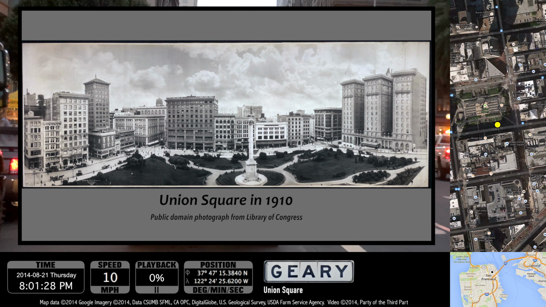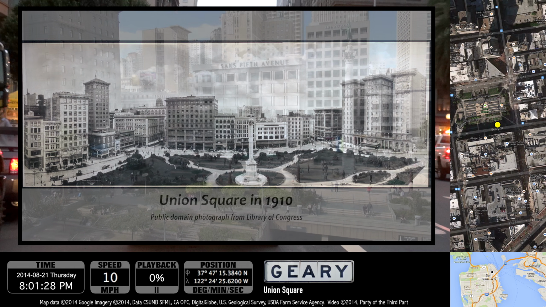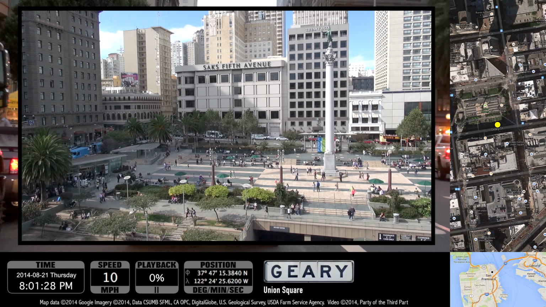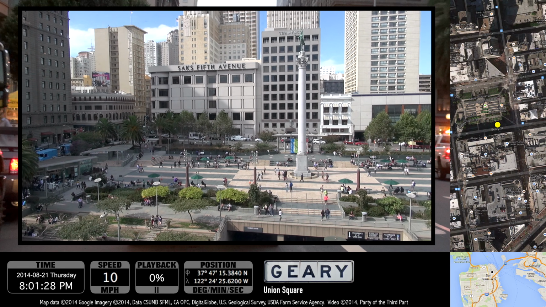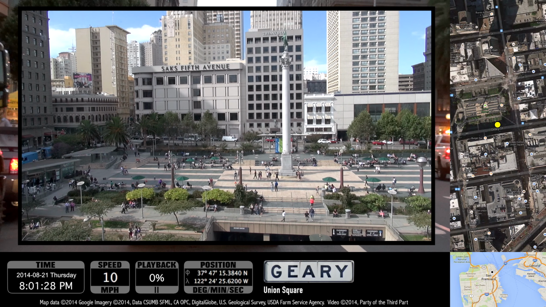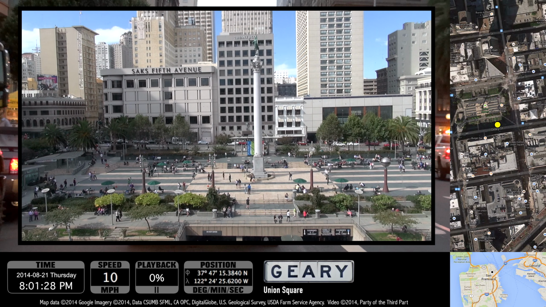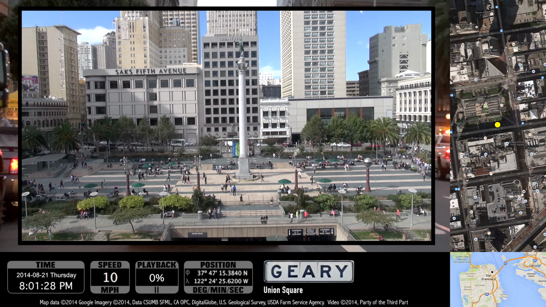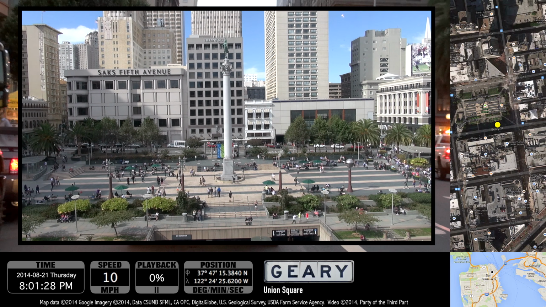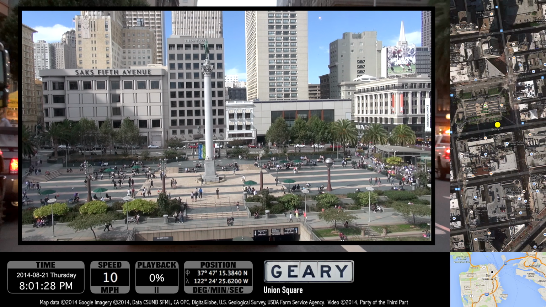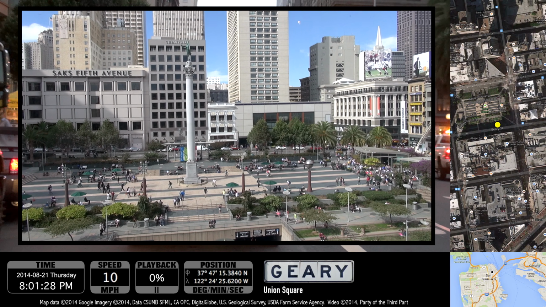Union Square got its name because it was used for rallies for the Union Army during the Civil War. The tall monument in the center commemorates Admiral George Dewey's victory at the Battle of Manila Bay during the Spanish-American War. It also commemorates U.S. President William McKinley. The underground parking garage underneath was built in 1941 and is supposedly the world's first underground parking structure, or so they claim.